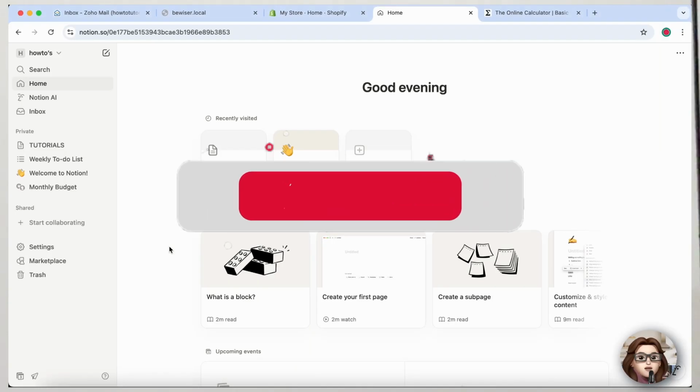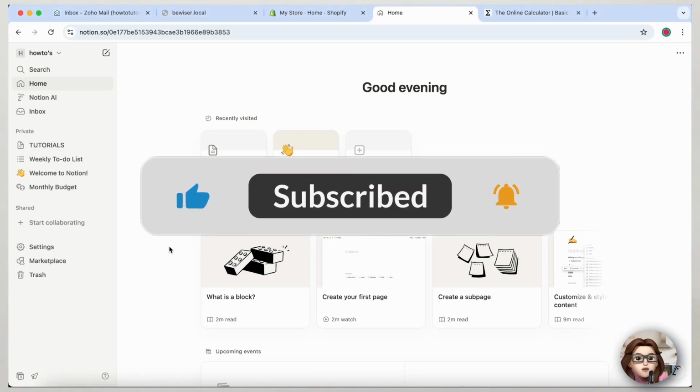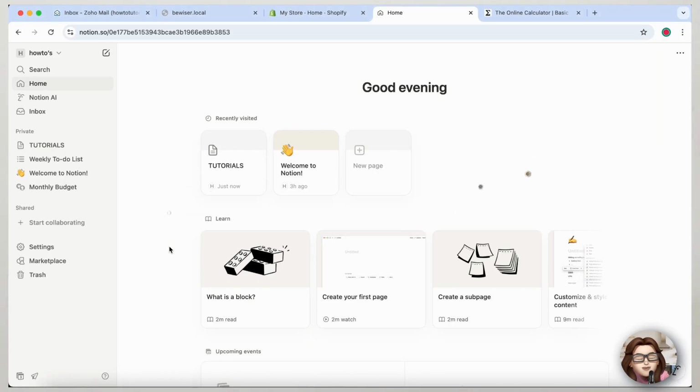In this quick tutorial, I'll show you how to set up notifications in Notion so you never miss an important